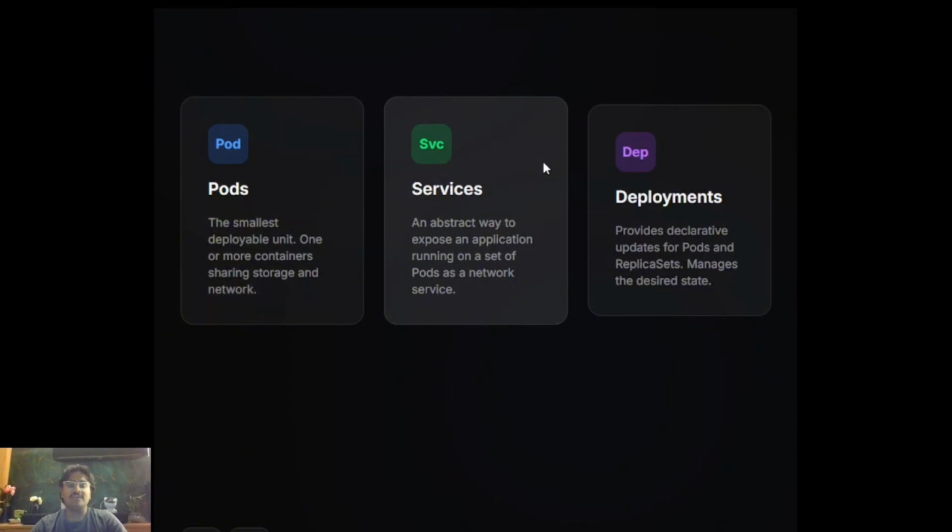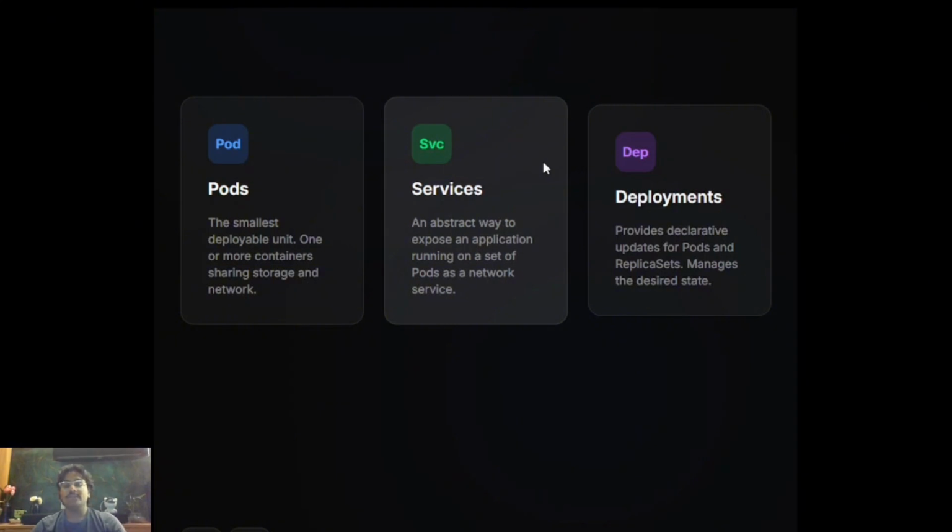Services in Kubernetes are temporary and dynamic. They can be created or destroyed frequently. Because of this, their IP addresses change. So a service provides us a stable way to access a group of pods as a network service. In other words, instead of connecting directly to individual pods, users connect to the service and the service forwards traffic to the correct pods. So this ensures that the application remains accessible, and if the pods are replaced or updated, it will still be accessible to the user.